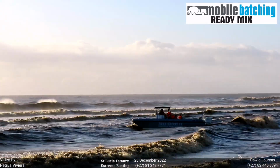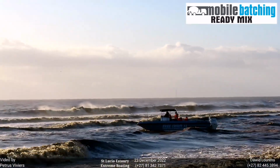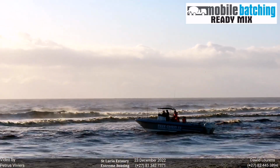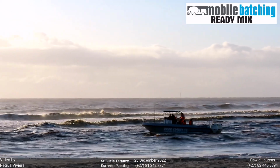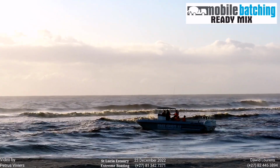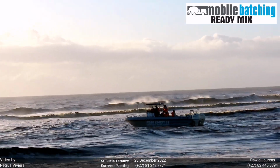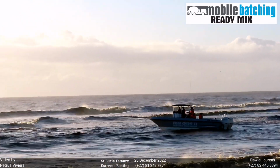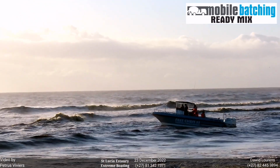So let's try with a little bit further zoom and see if the focus is more stable. Next launch I'm going to try with manual focus. Probably going to be a boo-boo, but